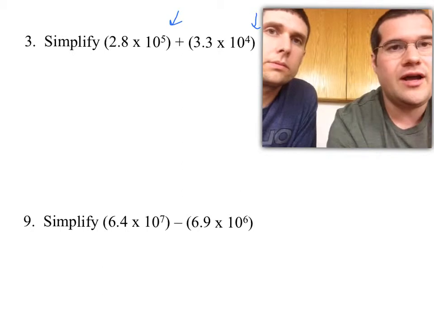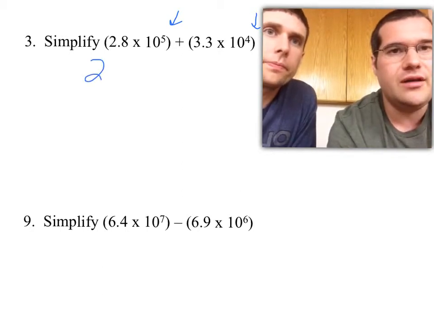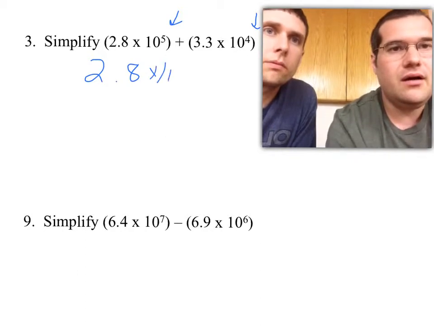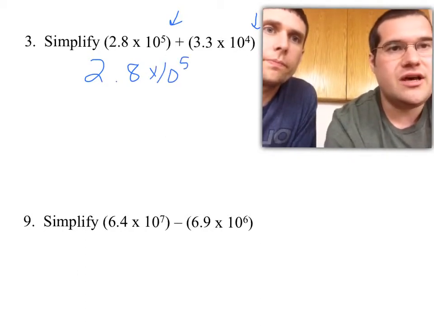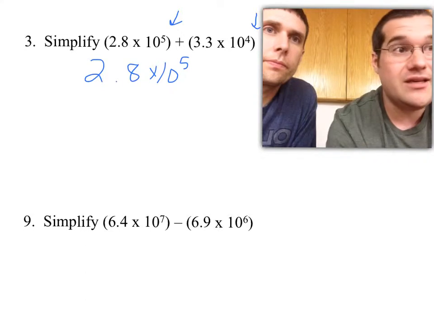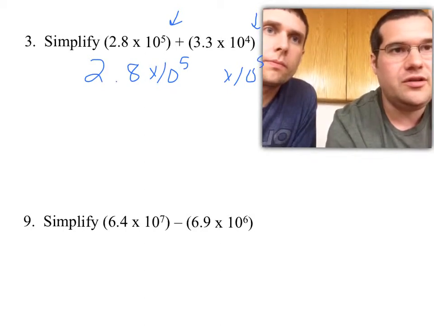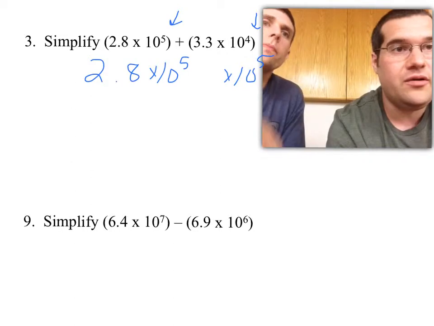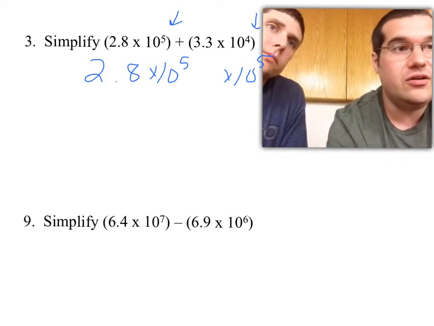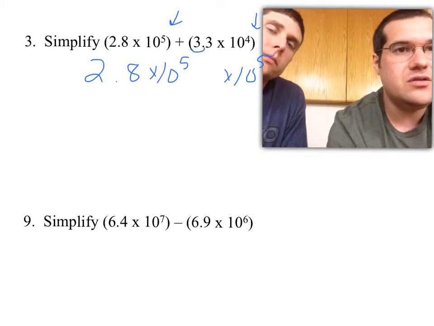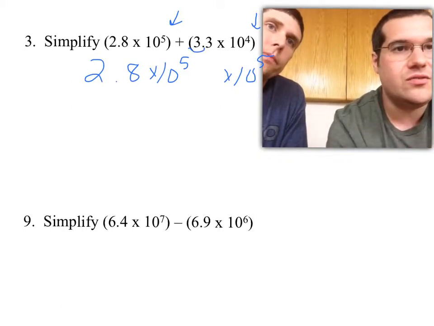All right, so what I do is I'm just going to copy that down. Okay. What I want to do is I want to switch that 3.3 so that it has the same exponent as 10 to the 5th. So I'm going to rewrite this as 10 to the 5th. So really the only main thing that I'm changing is that 3.3. Since I went from 10 to the 4th to 10 to the 5th, I have to do one hop. And since I went from small to big here, I have to go big to small. So I'm just going to move that decimal point to the left. So really it's